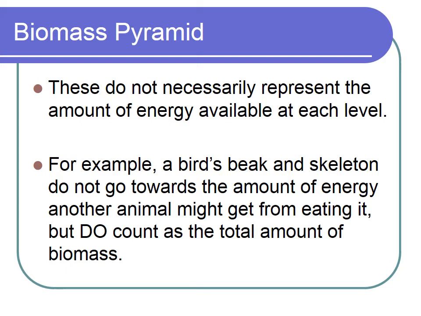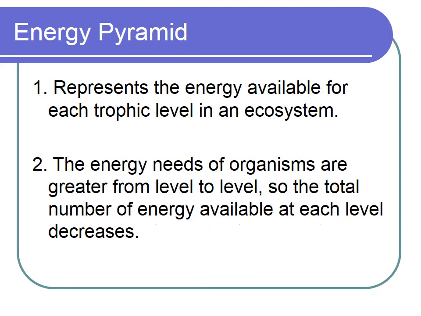But they do count as the total amount of biomass, because mass is a measurement of how dense something is, okay? So we know mass in terms of grams and kilograms. But the beak and the skeleton do go towards the mass, but not towards the amount of energy something would get from eating it, because it can't digest those. An energy pyramid, this is the next kind of pyramid, the third kind, represents the energy available for each trophic